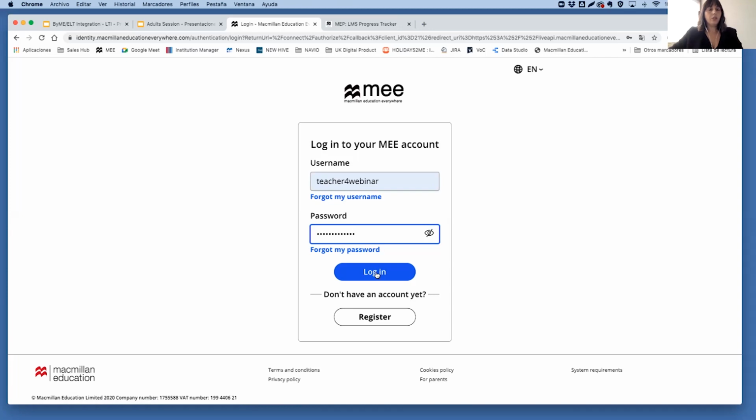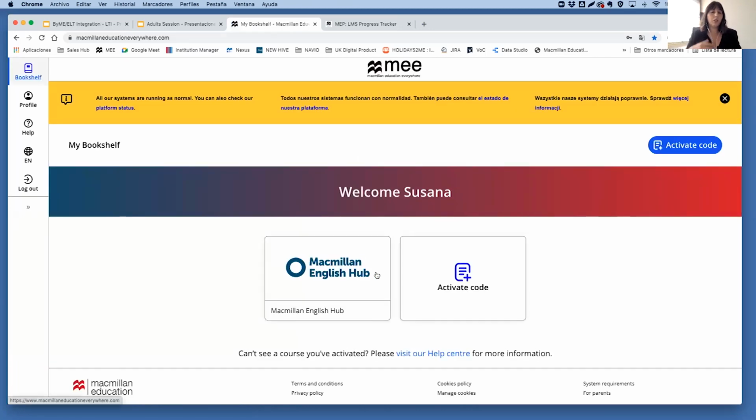Okay, so we click on login. And of course, if you don't remember your access details, you can recover them anytime by using the forgotten username or forgotten password links that we have on the login page. Once we are logged in the site, you can now use the access code that you have received to activate